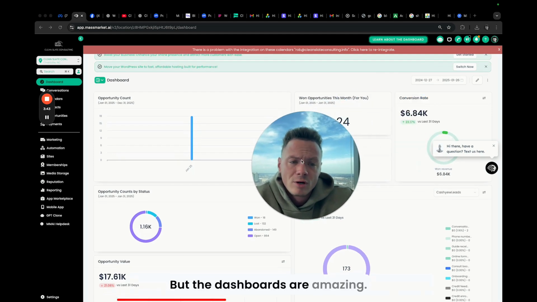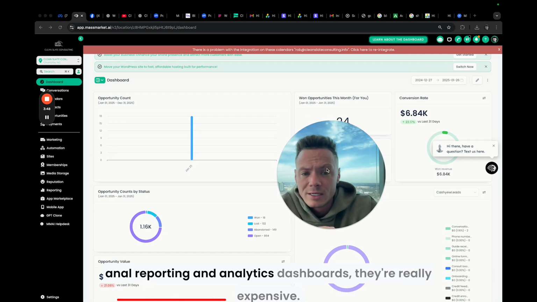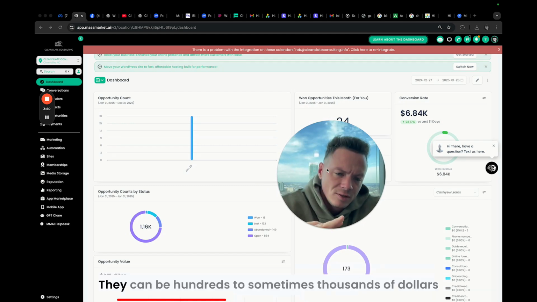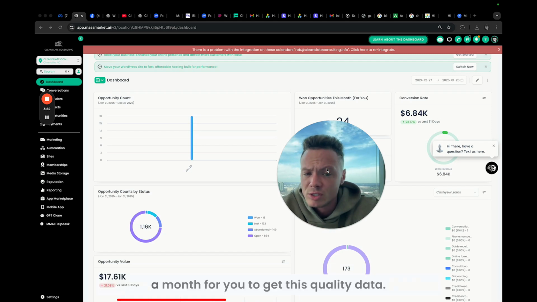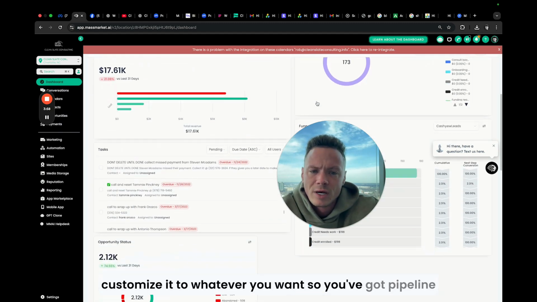the dashboards are amazing. So guys, Google Analytics, Tableau, a lot of reporting and analytics dashboards, they're really expensive. They can be hundreds to sometimes thousands of dollars a month for you to get this quality data. And what you're gonna see is that you can customize it to whatever you want. So you've got